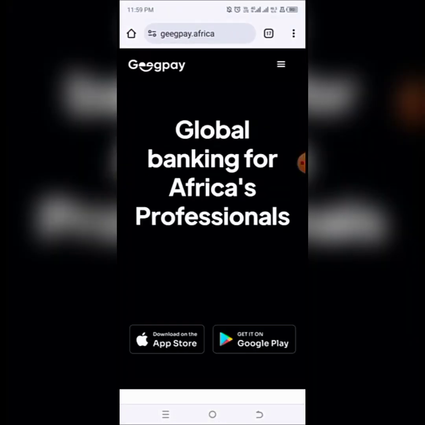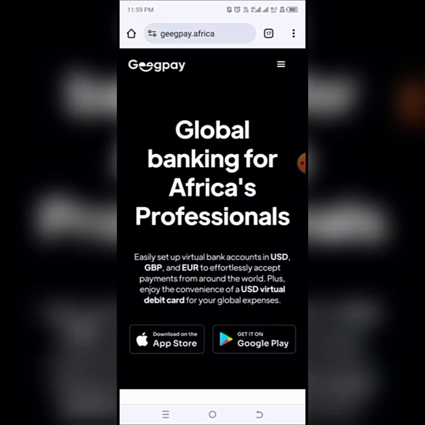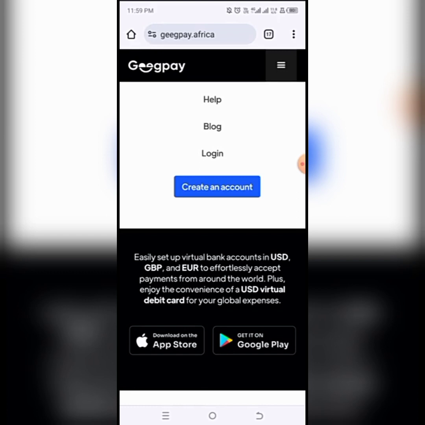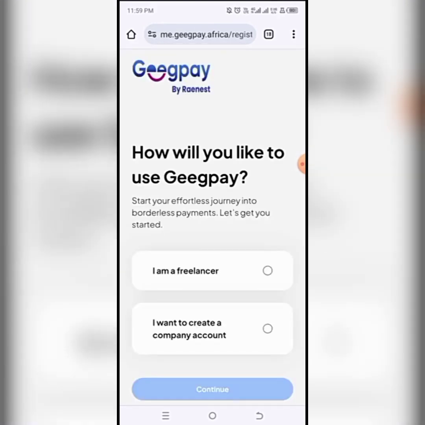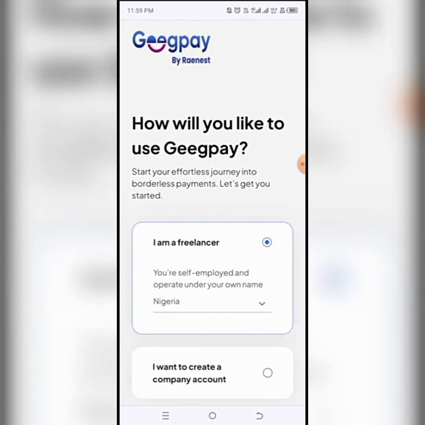geegpay.africa. I'm going to drop the link in my description below and you can check that. So you type geegpay.africa, and what you are going to do here is click on create an account, and you are going to see here how would you like to use Geegpay. You click on freelancer,